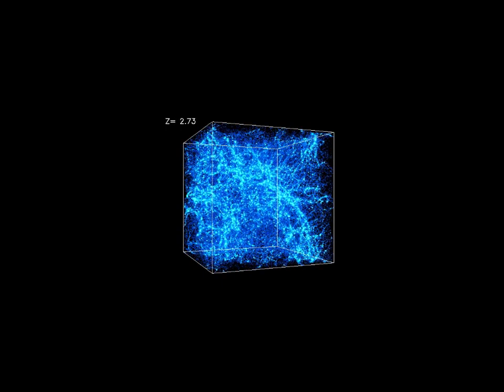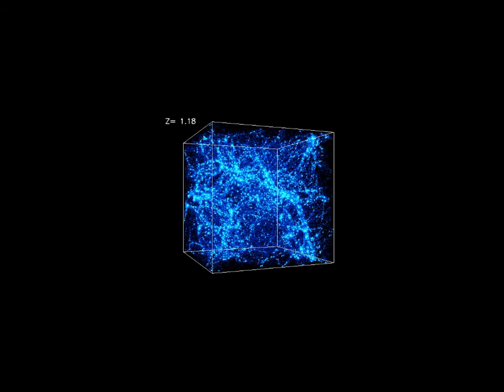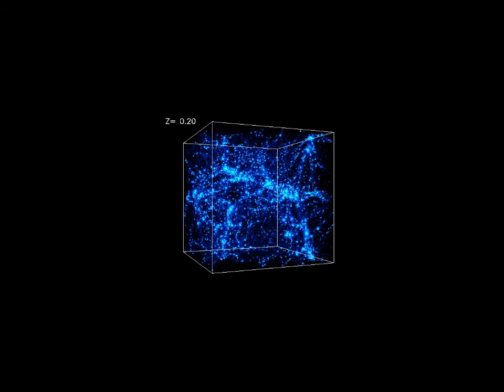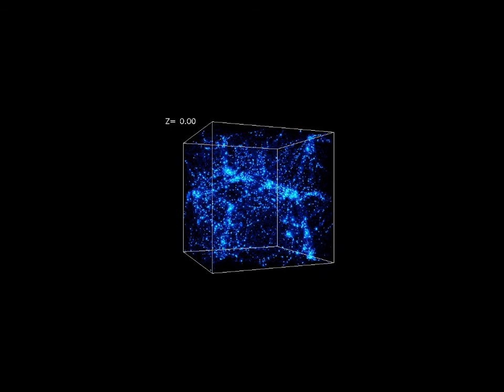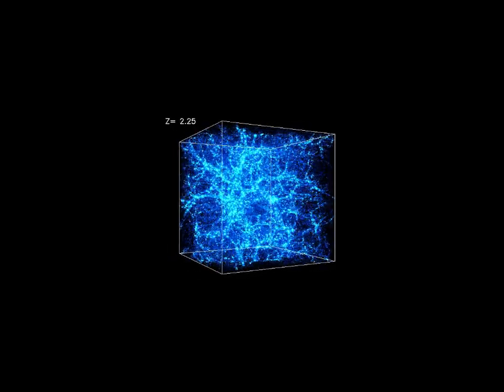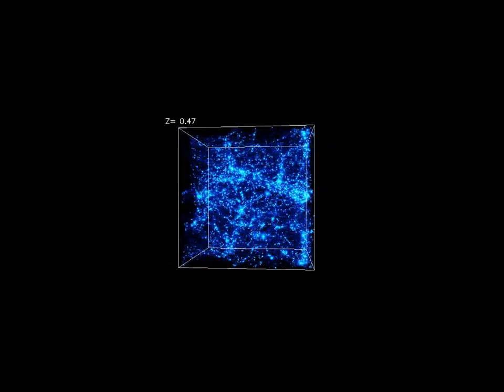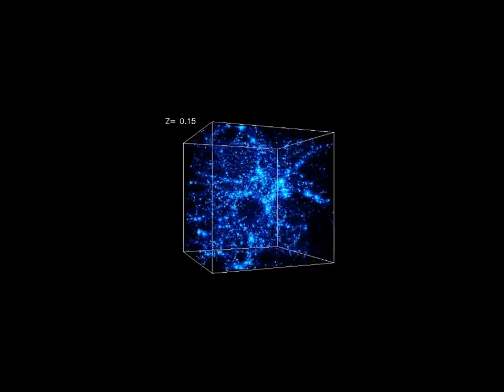This is a simulation where somebody has simply started with a large amount of matter in a cube and then calculated how that collapses, how the universe, as it expands, collapses by gravitational collapse into individual galaxies, clusters of galaxies, filaments, and voids. It's perhaps a little bit easier to see if we do that whilst it's rotating, and then we can see this sort of filamentary web, if you like, of the large-scale structure of the universe.